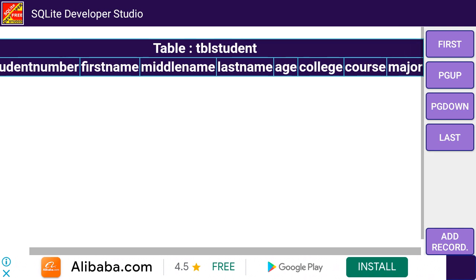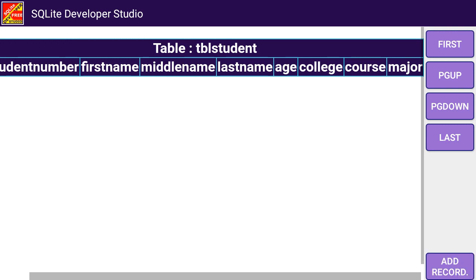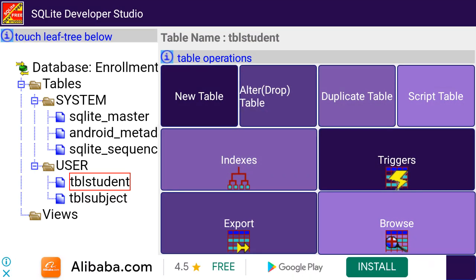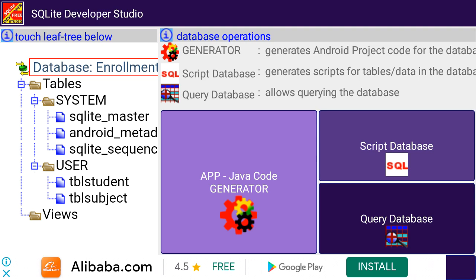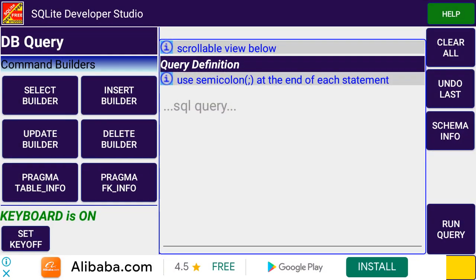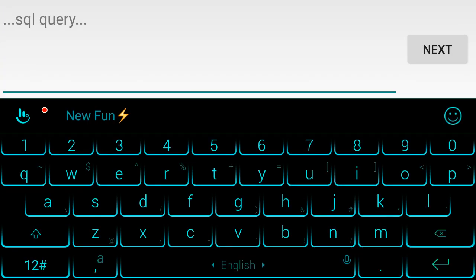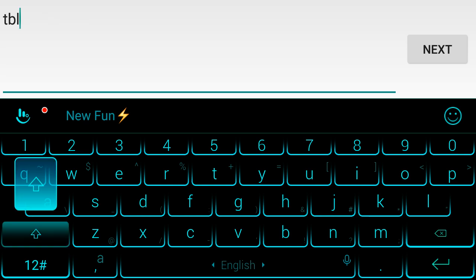So let's separate the college, course, and major. Let's make another table for the college, course, and major, and then let's modify this table later because it is not well structured. So first let's create the three tables that we need in this activity. So the TBL college,